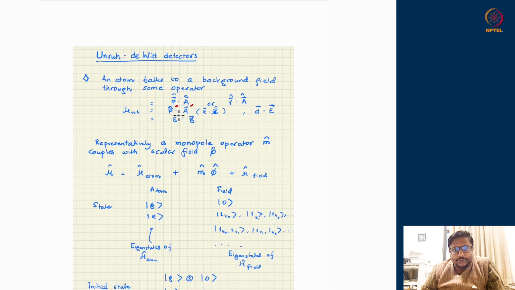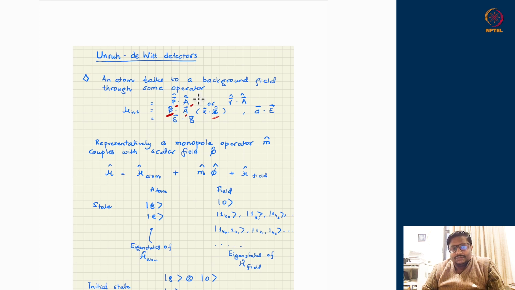We have seen in the previous class that in the non-relativistic setting we obtained a Hamiltonian made up of a P dot A or A dot P kind of term, or P dot A times a K dot X term. In the dipole approximation, remember, we expanded e to the power i k x as 1 plus K dot X. One term just multiplies with P dot A to give a P dot A kind of term, while the K dot X which appears extra goes and combines with the A sector. So I have two operators from the quantum atomic system, P and X, and one operator A which comes along with the field description.